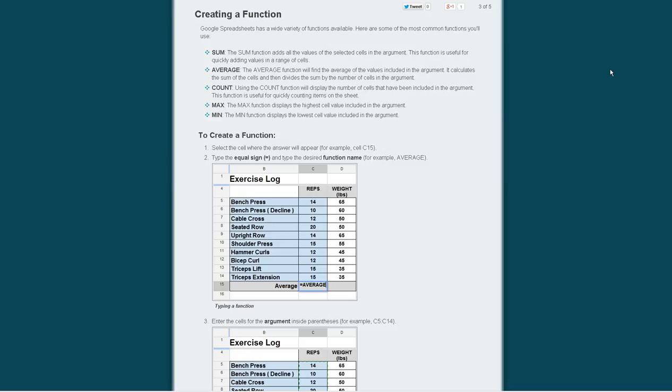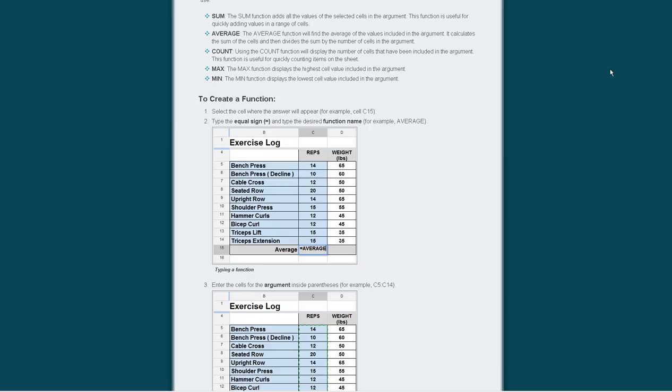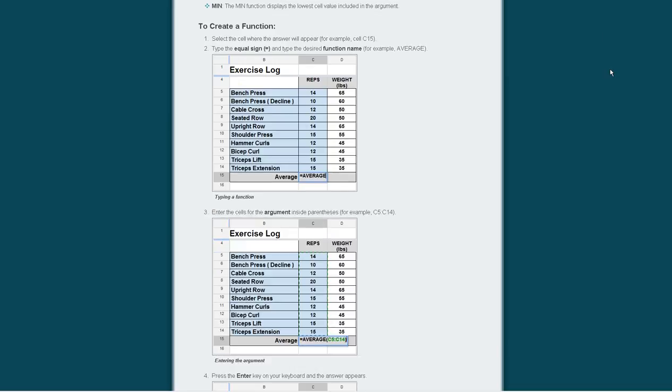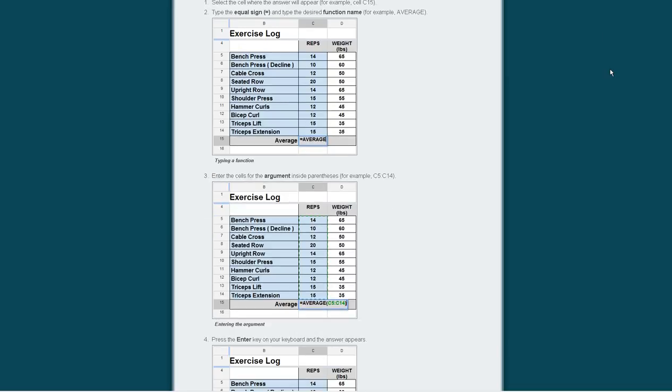So then, what you have to do is select the cell you want the answer to show up in, type the equal sign, and then type in the function name. So for example, for this, you're going to use average. Then select the range of cells, then click, and then